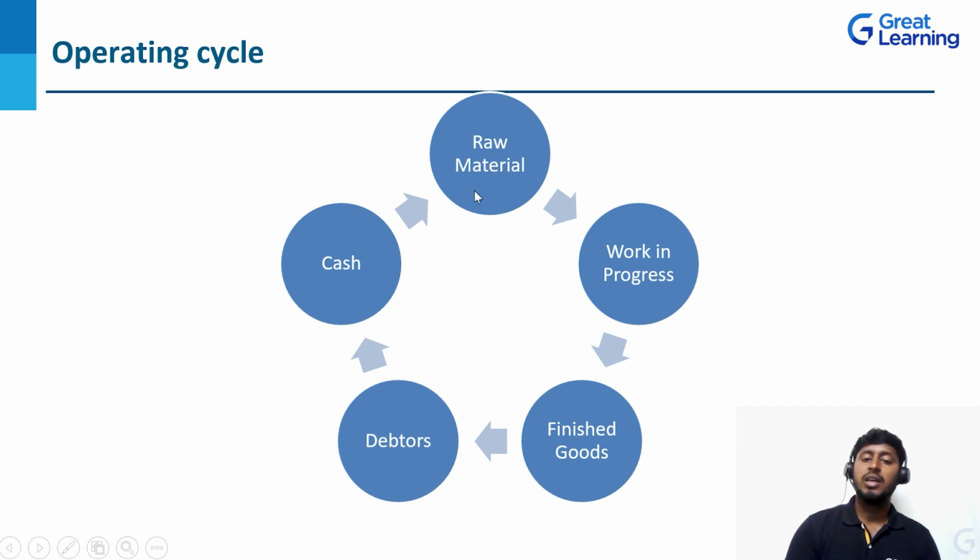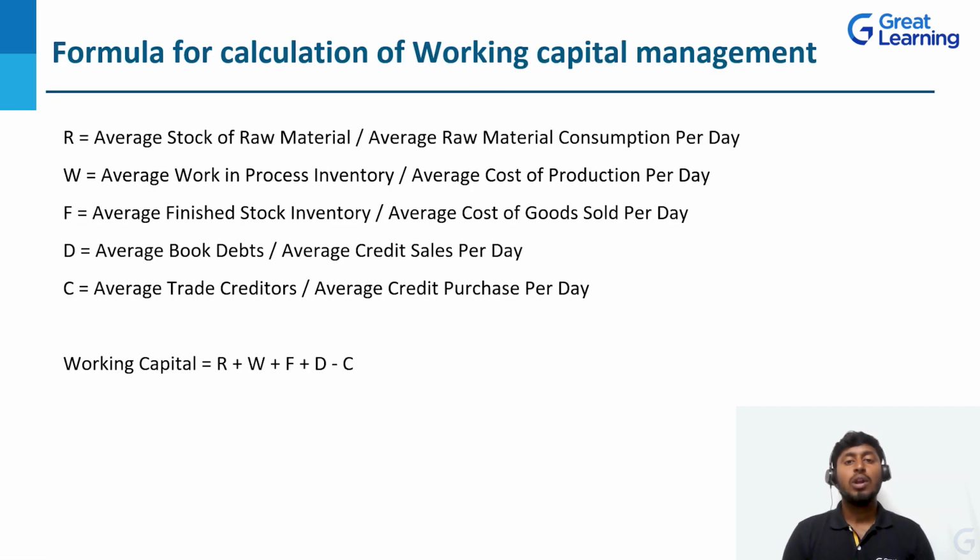Whatever we have invested here, we are going to get after 28 days. Correct? So this is the operating cycle. Based on this, the companies will maintain the working capital. Formula for calculation of working capital management. So for calculating this working capital management,